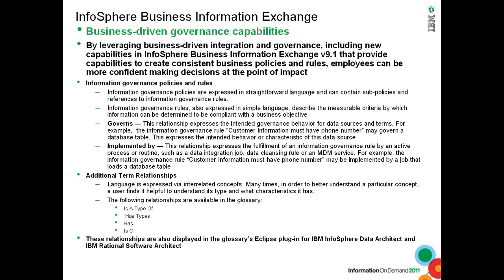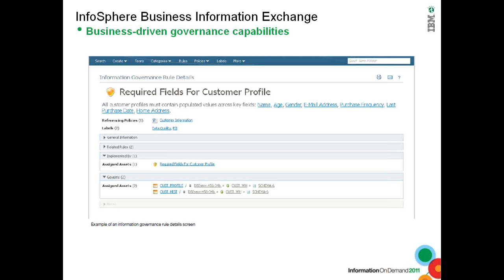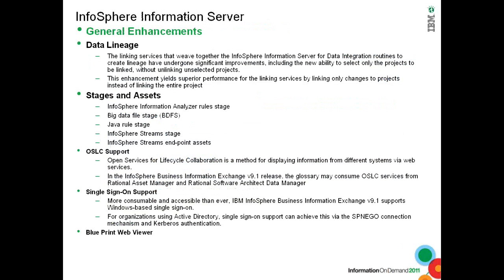A term is not just a name. It has a definition, a usage scenario, and valid values which you can put in. So there are many things you can do with a term, so that it becomes so enriched that once people start using it across the organization, they understand what the term exactly stands for and the ways in which it can be used. Moving on to the screens: this is the governance capabilities that I was talking about, how you define terms and how you define relationships between terms. I'm just moving on to the next one.